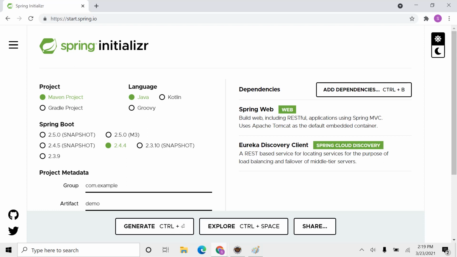All the microservices we create must have this Eureka Discovery Client dependency because these microservices will be acting as a Eureka client which registers itself with the Eureka server. The Eureka server now has a registry of all the instances of all the microservices that are up and running. So whenever a microservice wants to call another microservice, it just queries the Eureka server and gets this registry.